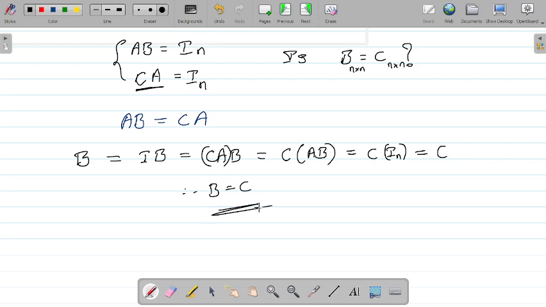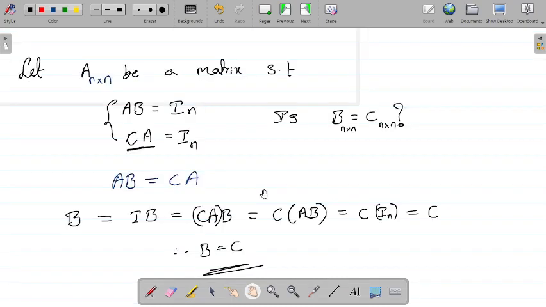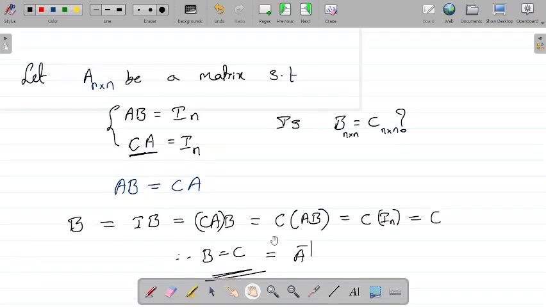Now it is guaranteed if left inverse exists for A and right inverse exists for A, then definitely both the left inverse and right inverse will be equal. Okay, and of course this matrix is going to be the inverse of this matrix. Okay, now we can take this definition. If you take a matrix which has both left inverse and right inverse, I'm going to call that an invertible matrix. Is it clear?